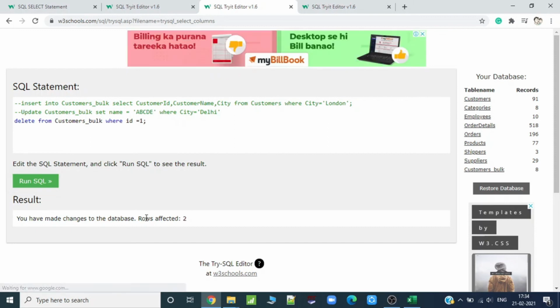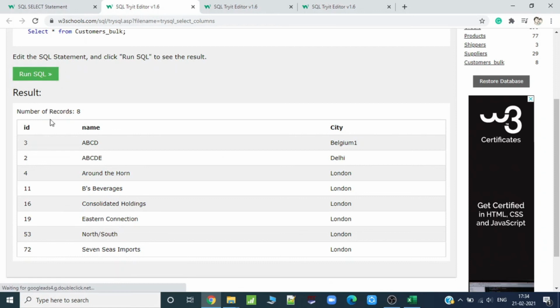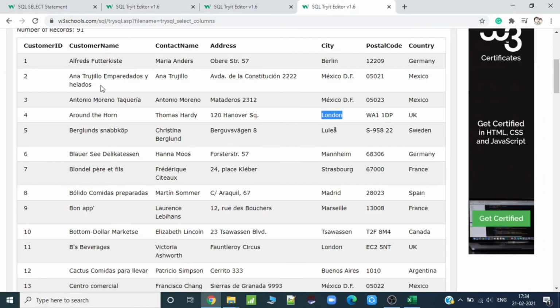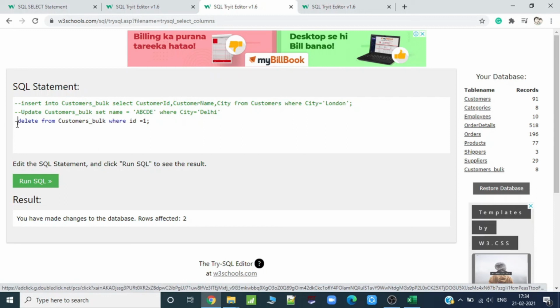If I just hit it, you can see 2 rows are affected. And if I rerun it, earlier there were ID 1 ABC and ID 1 Alfreds Futterkiste. Now you can see those IDs are not present in the customer bulk. So this is the insert, update and delete on the table rows.